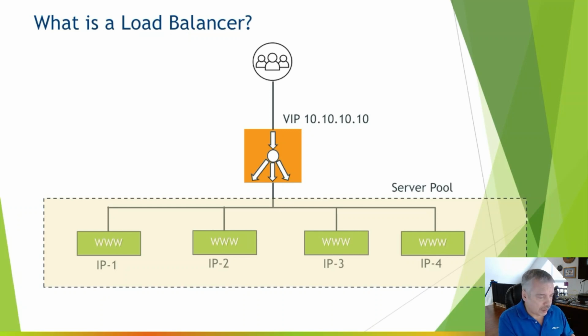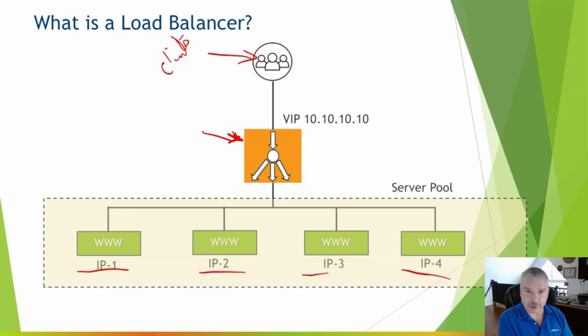So in this example, I've got my clients up here at the top, okay? So that's like you, me, whatever. And let's say you're going to go to Amazon or VMware.com or something like that. Typically, your load balancer is a device that will be sitting there between the servers you want to load balance across, maybe these are your web servers, and the client. The load balancer will usually have a virtual service or a virtual IP assigned to it. In this case, I've got a virtual IP of 10.10.10.10, and that's the IP address that my clients will use. Maybe again, that is